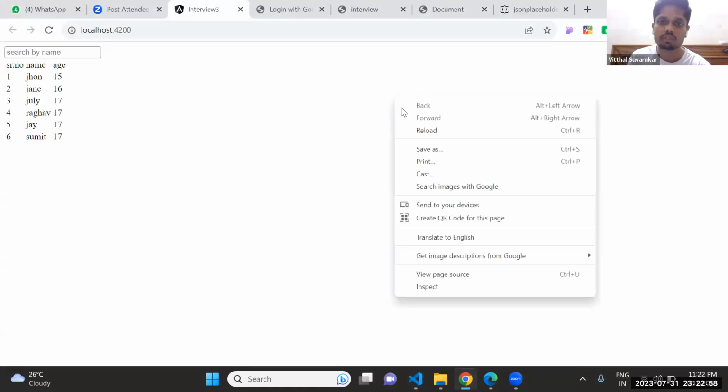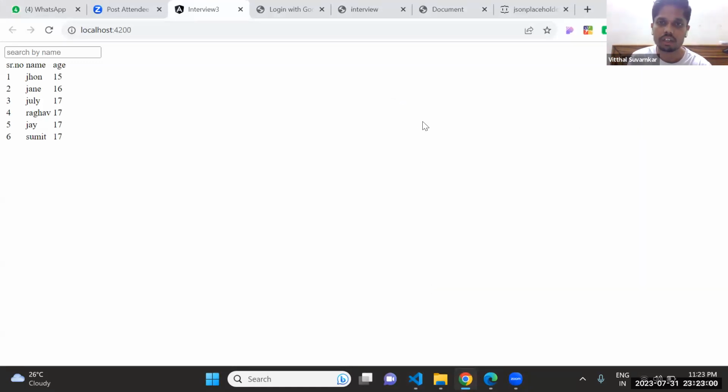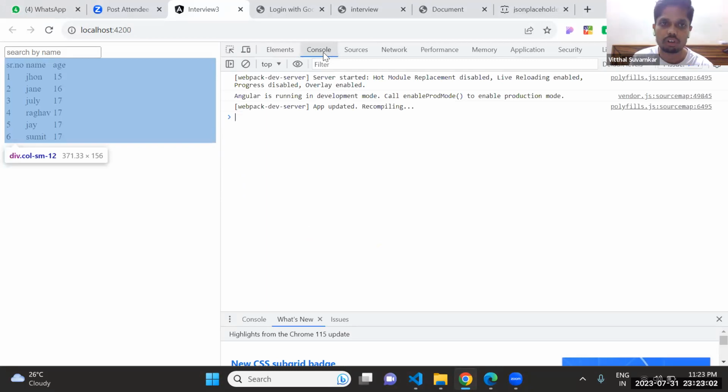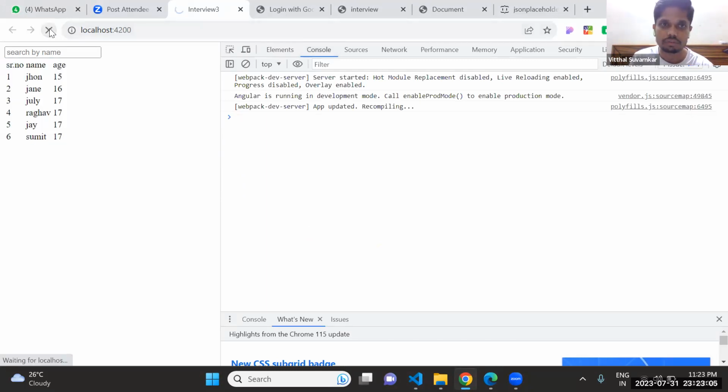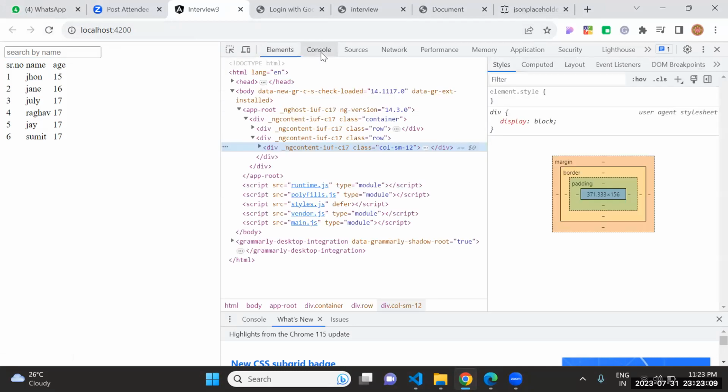So with the help of the service, we can transfer data to a component. Can you explain it? Yes, sir.